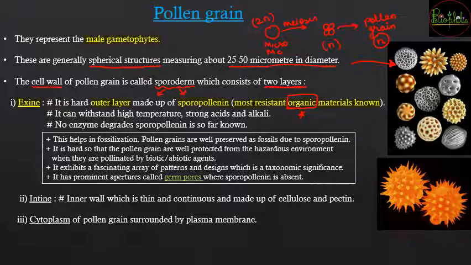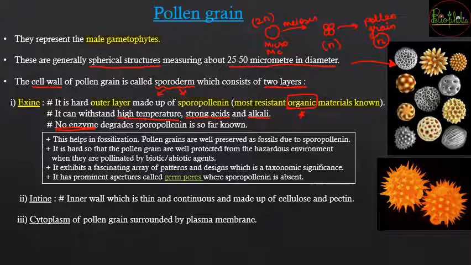So exine is made up of a material which is very resistant, and that resistance is given for high temperature, strong acids and alkali. In these conditions also, sporopollenin की वजह से the pollen grain can survive. Until now there is no enzyme known to humans that can degrade sporopollenin. Because of so many characteristics of this exine, it becomes easier for the pollen grain to have a better chance of fertilization. अब exine जो होता है उसके कुछ advantages या characteristics बोल सकते हो that you need to see